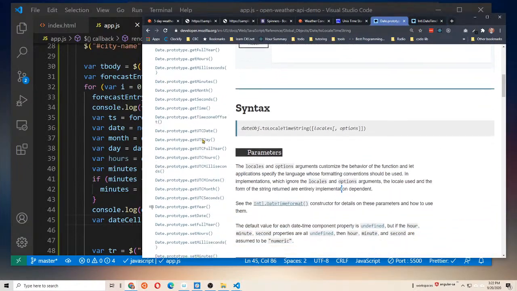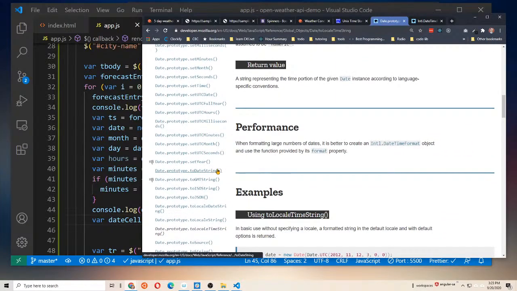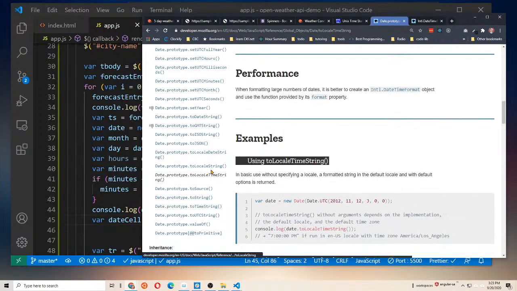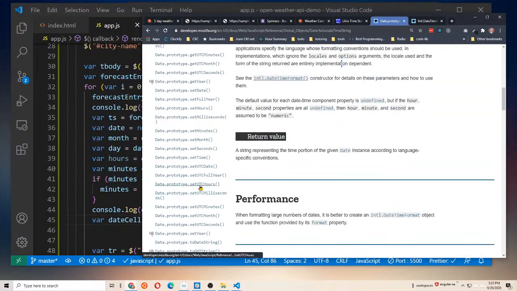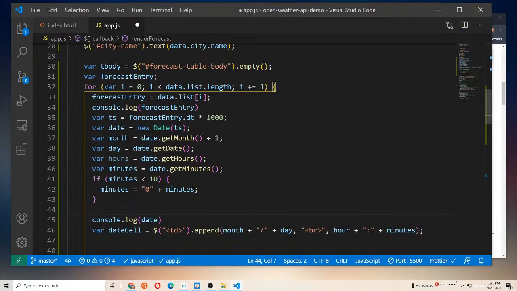Is there an AM or PM function? I don't think there is. Local time string has it. I guess I just have to do a less than or greater than 12. So var AM PM equals, or var time, how about that? Var time equals